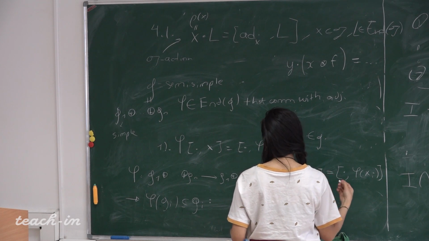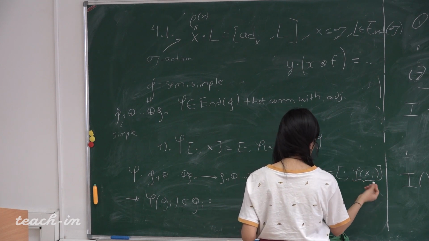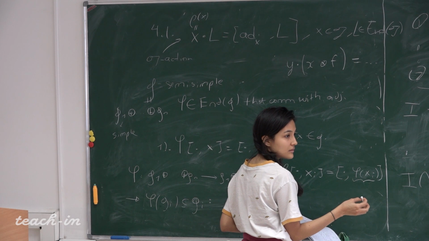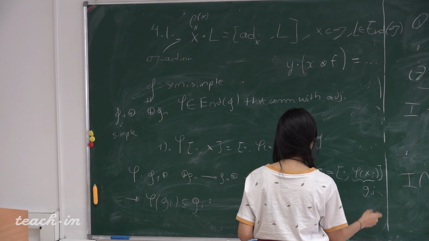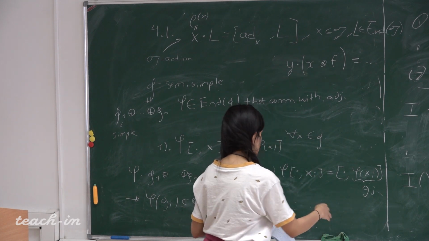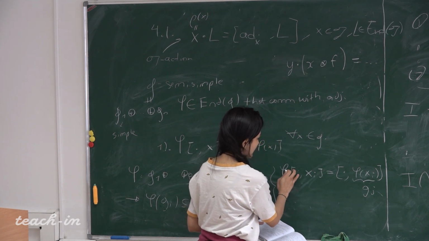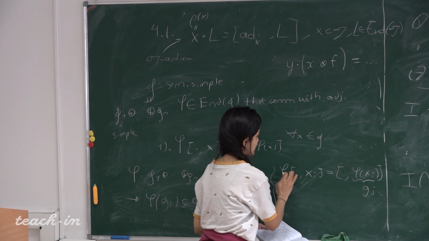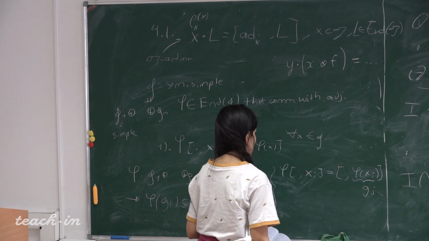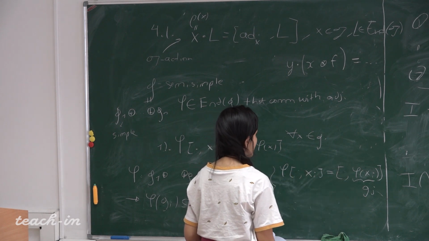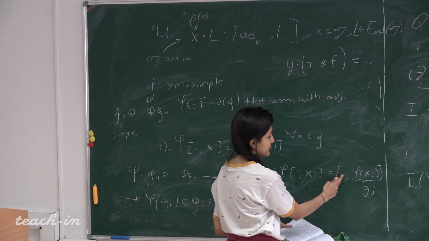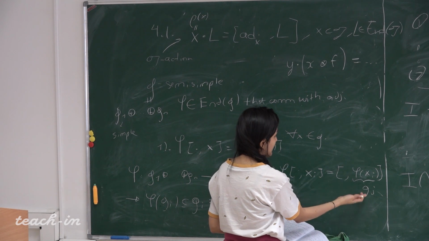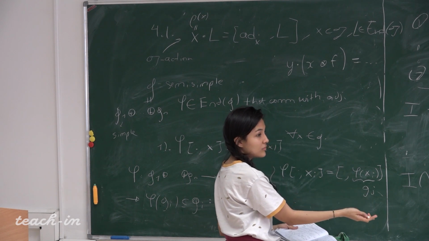We are assuming by contradiction that this is in some other component, say Gj. And this is true for all elements that I plug in here. So in particular, if we put gi here,